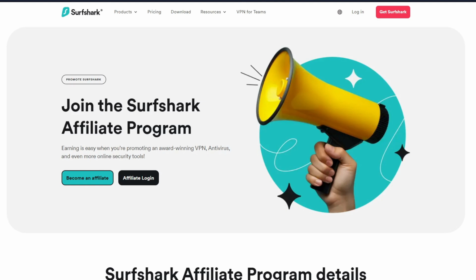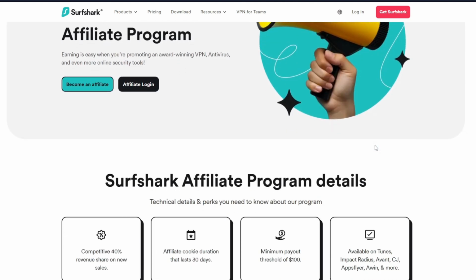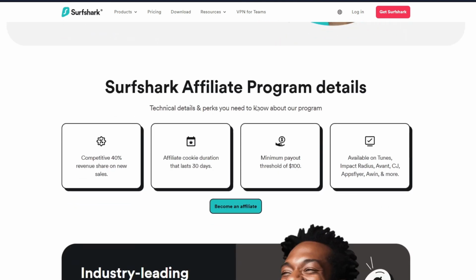Basically, once inside, you will then go ahead and see all of the details that you have to know on their affiliate page. Now, before signing up, you want to take some time to understand how the program works. And so basically, if we scroll down, we can see some affiliate program details like competitive 40% revenue share on new sales, affiliate cookie duration that lasts 30 days, minimum payout of $100, and lastly, it's available on